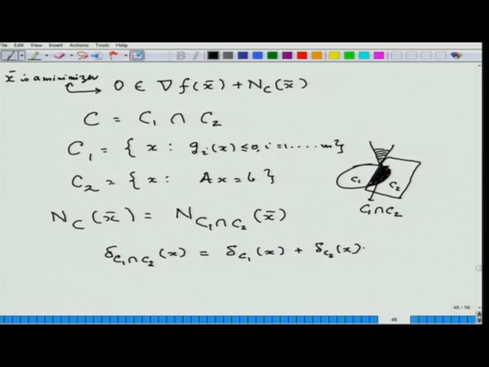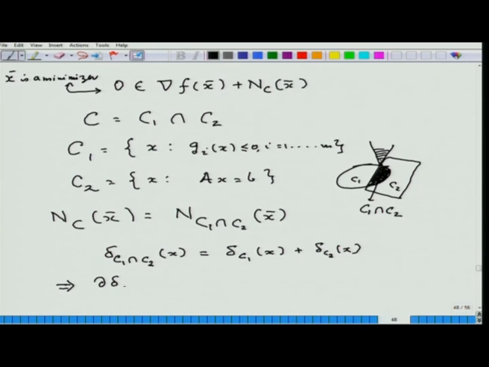Because you see, if there is an x which is both in C1 and C2, then both would be 0 and hence this will be 0, so the equality holds. Suppose x is in C1 but not in C2, then x is not in C1 intersection C2, so this would be infinity. Here x is in C1, so this would be 0, but this would be infinity, and 0 plus infinity is infinity by our law. So, this equality holds. Now, this means